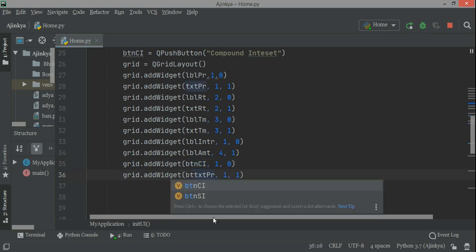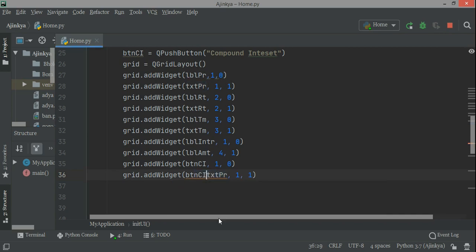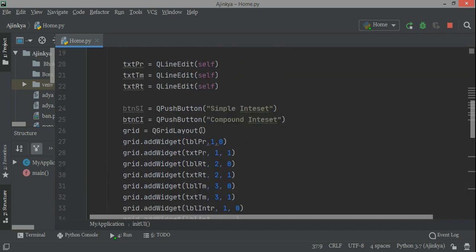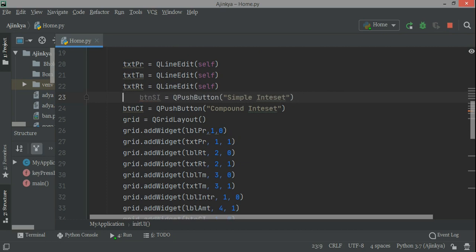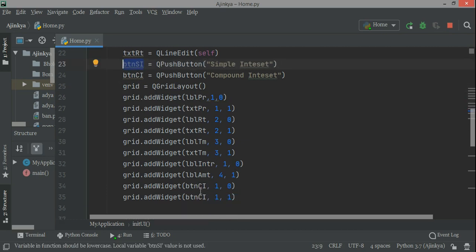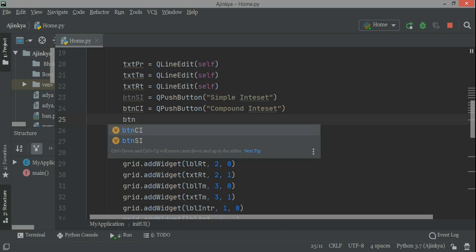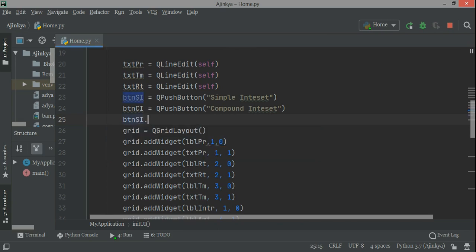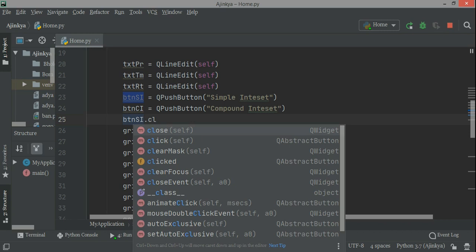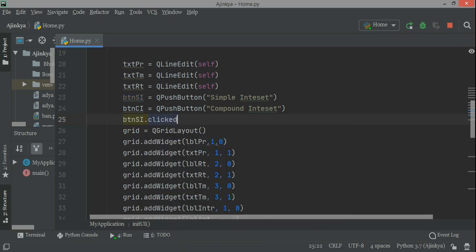On these two buttons I will create some action, some events like the click events, and when the buttons are clicked, then I will calculate and receive the data from these text fields. They are generally text fields, and I'll receive the user information, whatever the principal, rate, and time they have placed. If the user clicks the simple interest button, it means he wants the simple mode of calculation, and if he clicks on compound interest, then he wants the compound interest mode